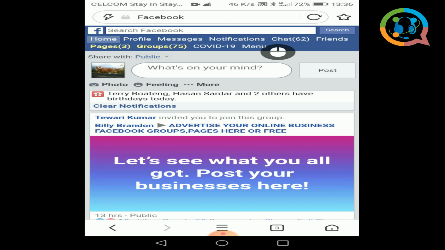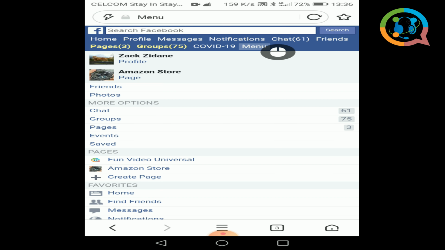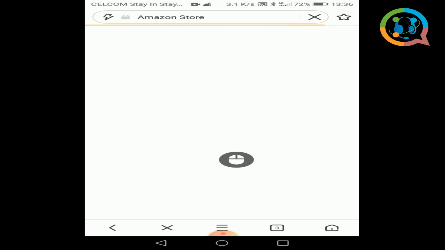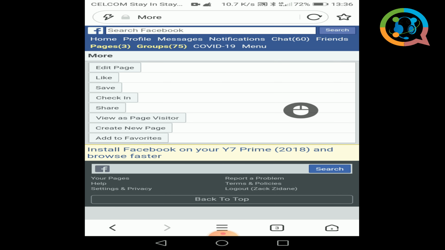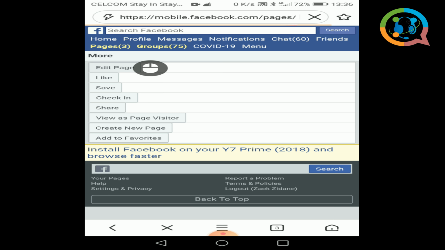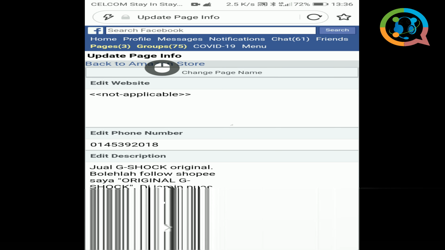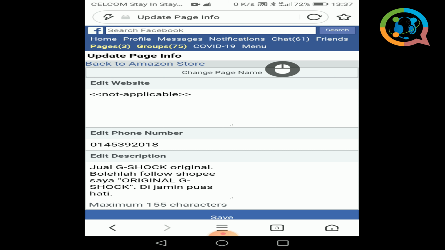go to your menu, choose your page, click more, click this edit page, click change page name,